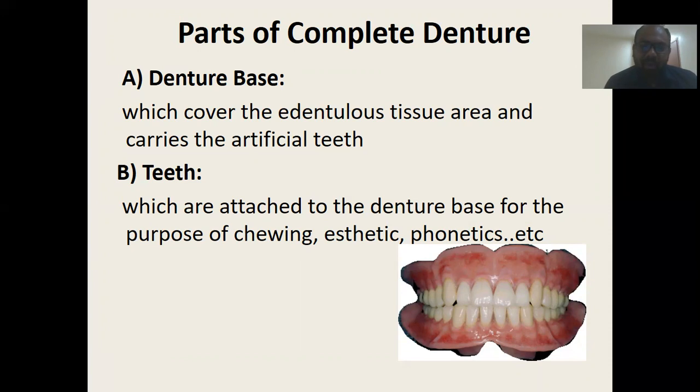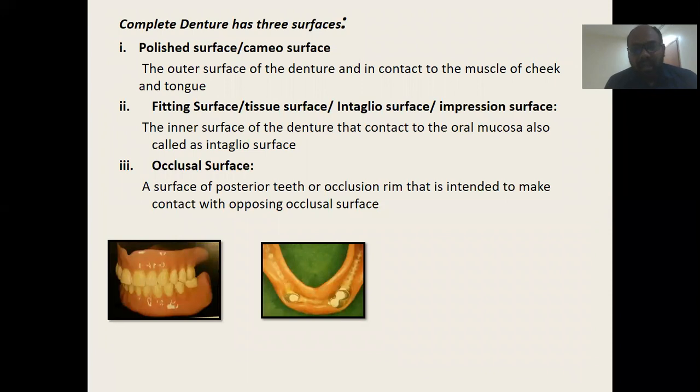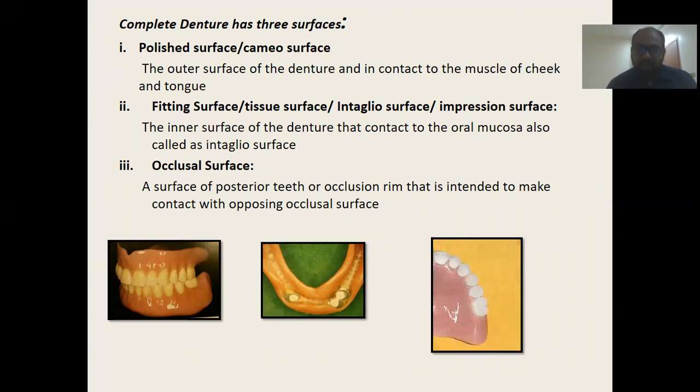It is equally important towards restoring with the artificial teeth. And the teeth, as you know, are going to primarily restore functions such as chewing, aesthetics, and phonetics for the patient. And if you categorize the different surfaces, the complete denture has a polished surface. That is, to your lower left side of the slide, you could see a shiny polished surface, the external, outer surface of the denture. And you have a fitting surface which is going to rest on top of the oral tissues. And then you also have the occlusal surface.